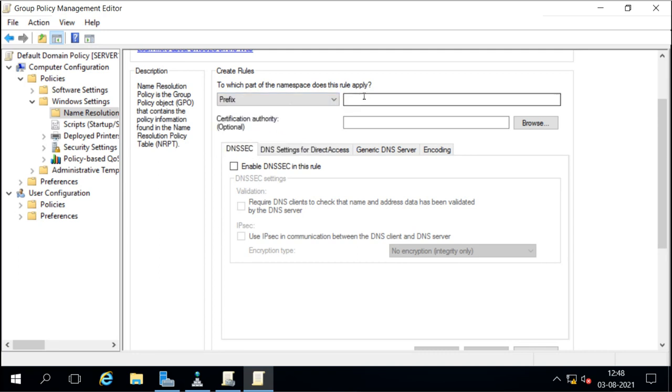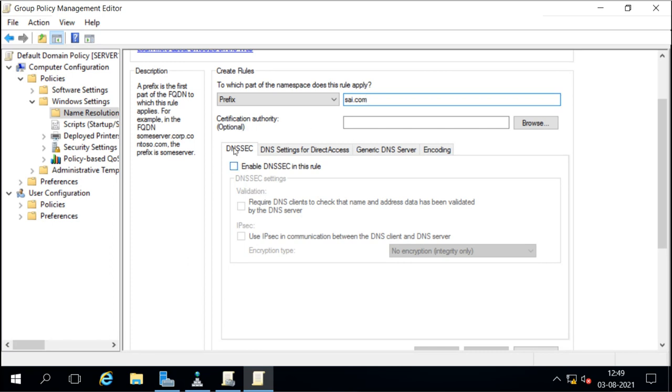Like I will go for prefix sci.com, that means all the names, all the records of the sci.com prefix. Then certificate authority: if you have a certificate authority to do the signing, then you can select it. Right now it is optional.